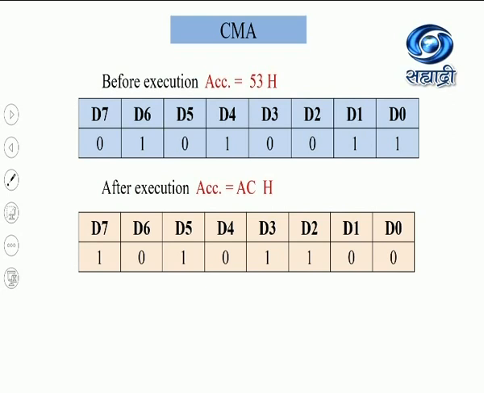So here, as you know, CMA is not followed by immediate data or the name of a register or the address of a memory location or indirect addressing. So none of the register pair is pointing at a memory location where data is stored. So where is the data? Data is in the accumulator, and the microprocessor already knows the location of data, and it will operate this instruction on the data which is present in the accumulator. That is implied addressing mode.